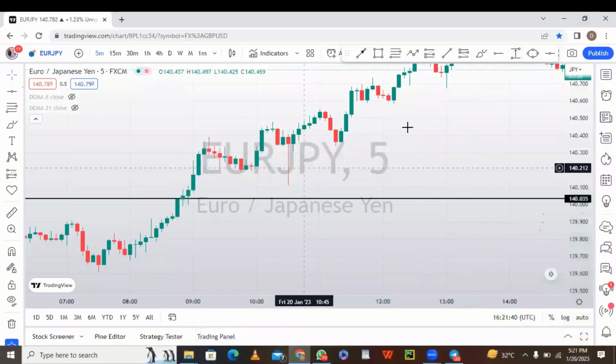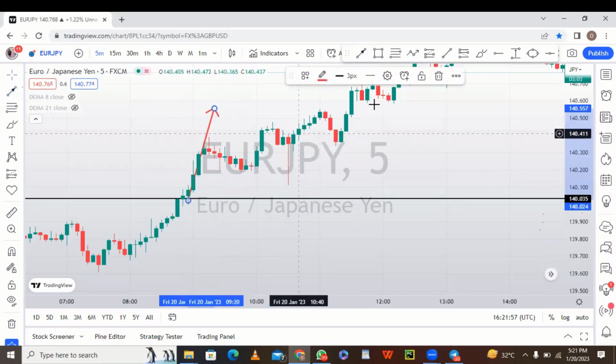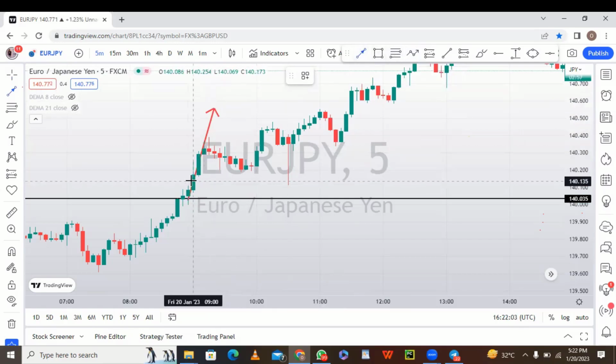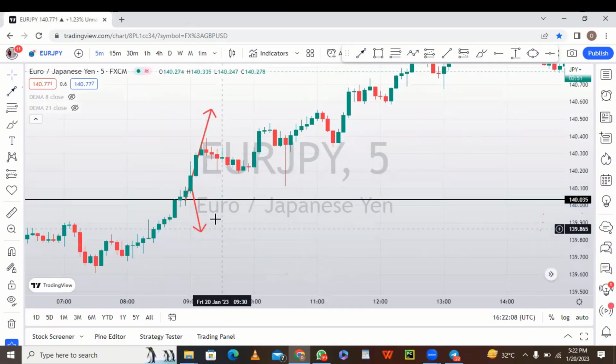Your SL will help you to stop the market if it is moving against your direction. For example, if you are willing to buy and you place a buy, what you want is for the market to start buying to the upside. But if peradventure, after placing your order, the market starts moving against you to the downside, it is your SL that will help you stop the loss. Because if it is moving against you, you'll be losing money. But when you have your SL written on your execution platform, it will no longer take all your money. It's just a portion, just a bit of it that is going to be cut off.